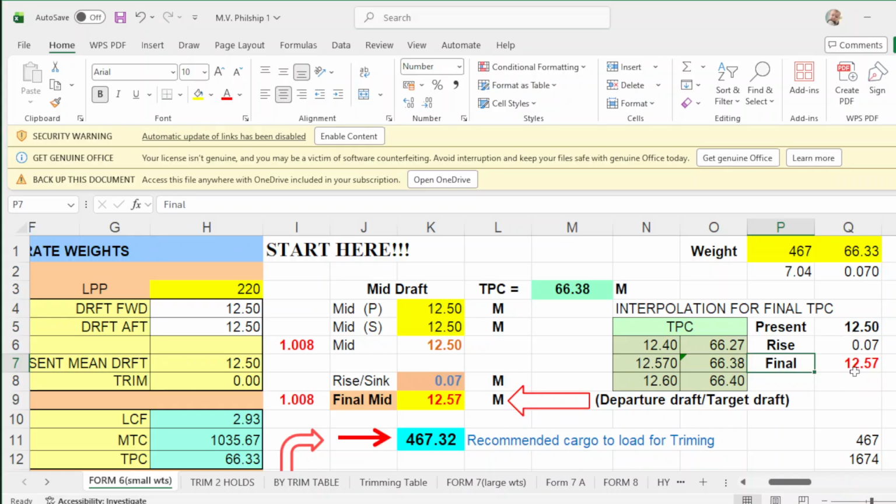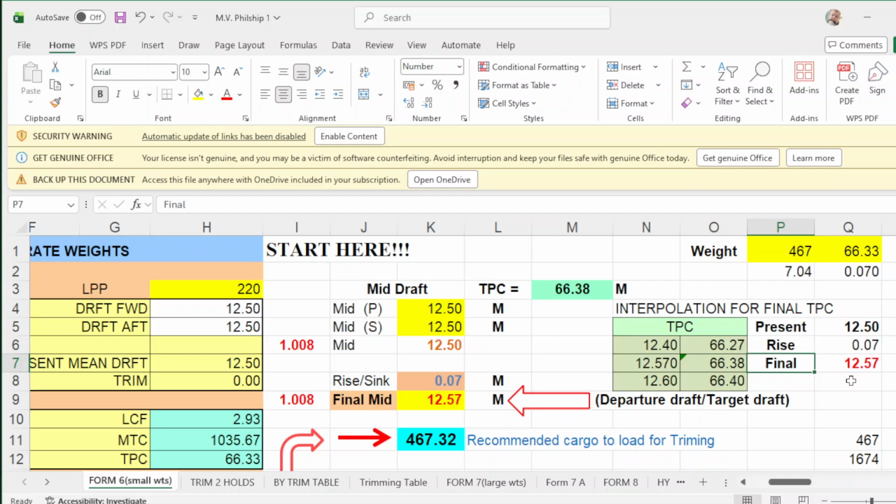So from your present drop, you add your rise, which is 0.07. That will be 12.57. Instead of deducting, you add, to have your drop at departure at loading port.